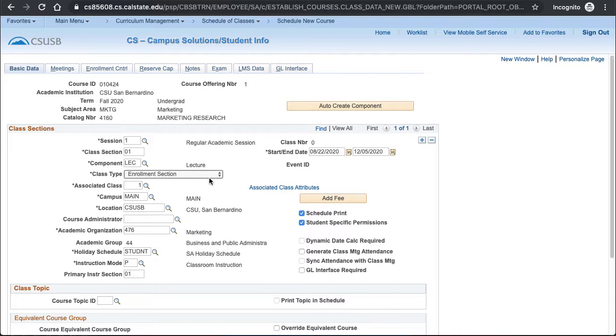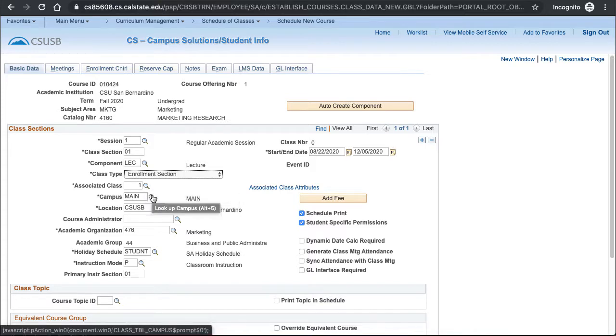Now we move down to associated class. By using associated class numbers, you link class sections that constitute a single course offering. For instance, oftentimes science courses offer a lecture and a lab. Through associated class numbers, the 2 components now show that they are related to one another. An example would be Section 1 being the lecture, with Sections 2 through 4 being labs. As long as associated class stays 1 for all 4 sections, the 3 lab sections will be associated with the lecture. If a course only has 1 component, this number must equal the class section number.